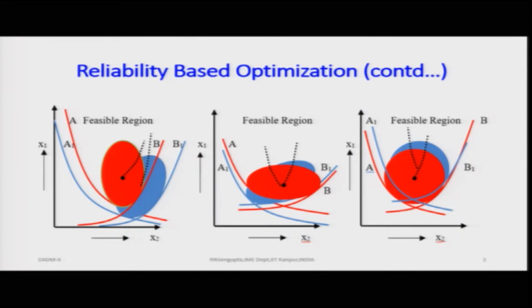And obviously, I am repeating it again, the way the center of gravity, or the center of the ellipsoid or the circle, traces the loci would basically give you the points based on which you can find out the x1 star and x2 star depending on the level of reliability. Once you find out x1 star and x2 star, you can find out the functional value of the objective function based on the fact that x1 takes the value x1 star and x2 takes the value of x2 star. So, this was panel number A.